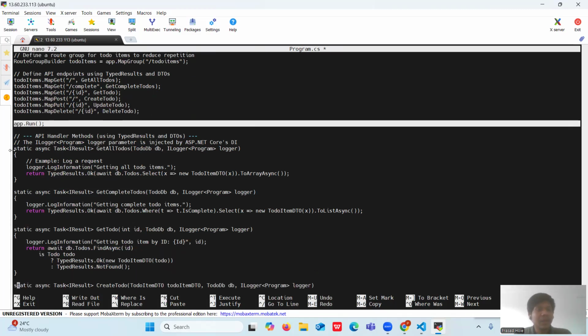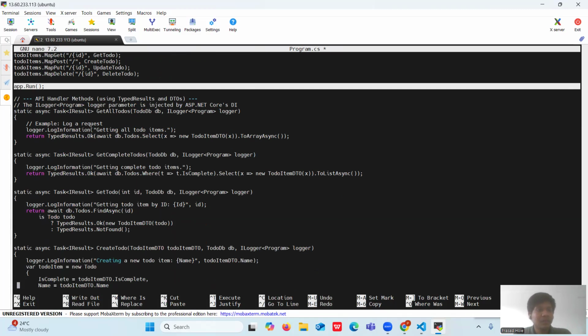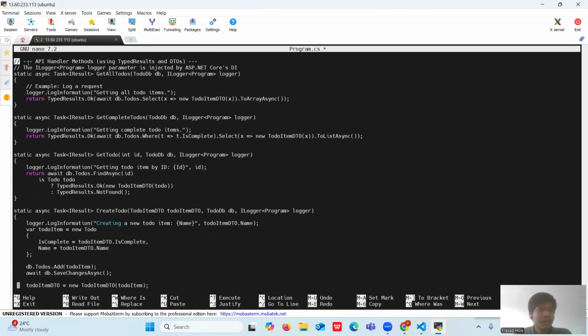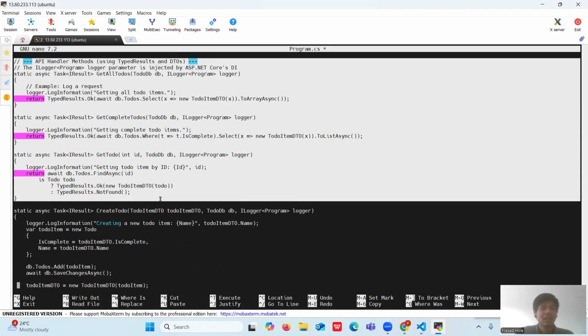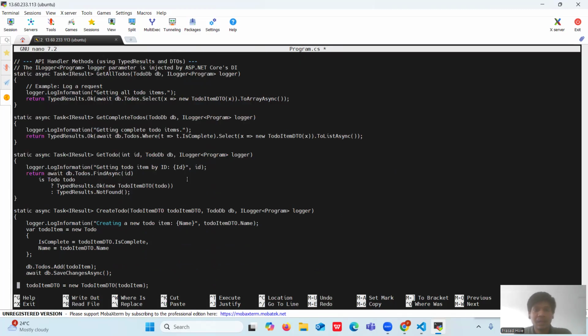And next is app.run. Then these are API handler methods. All the methods use typed result for better performance and type safety and are asynchronous. There is, just a minute,